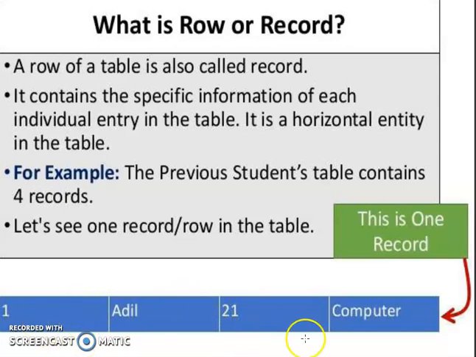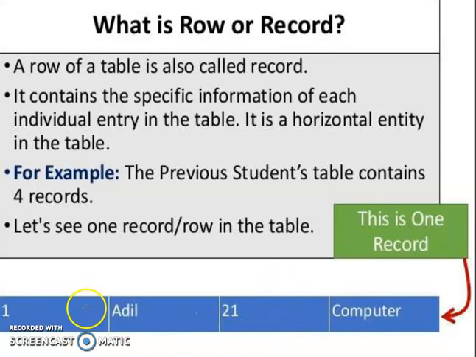Similarly, each row is called as a record. Record about a particular student. A row of a table is called as a record. A column of the table is called as a field.